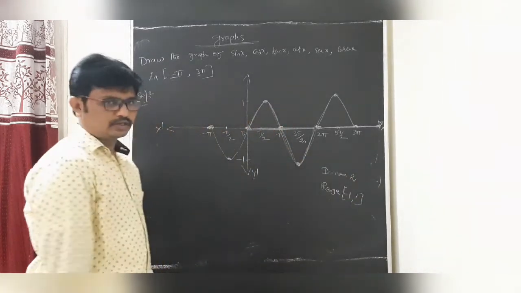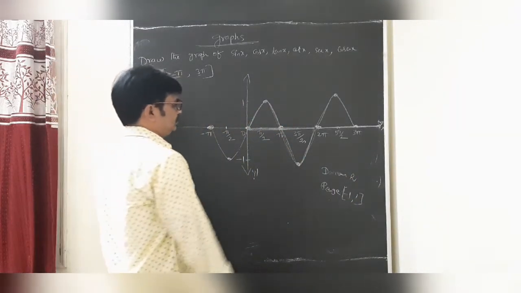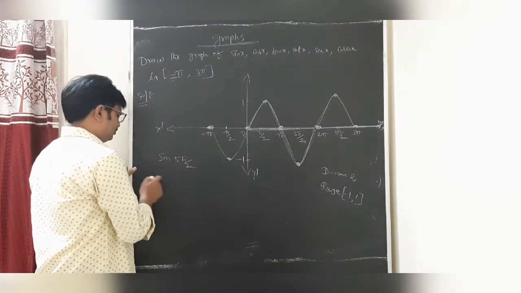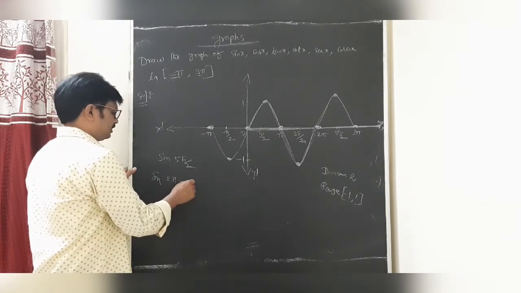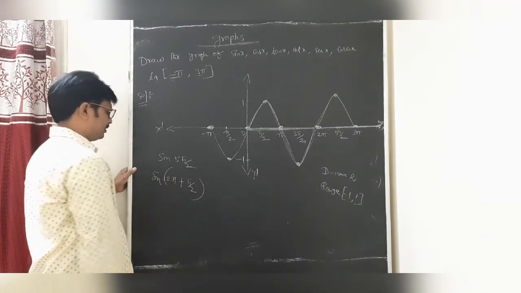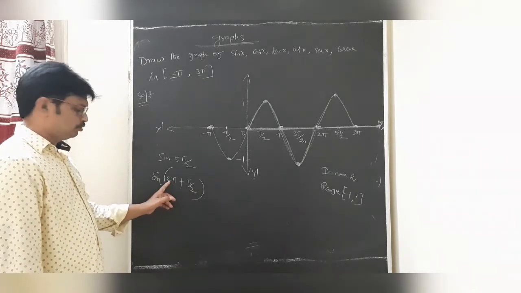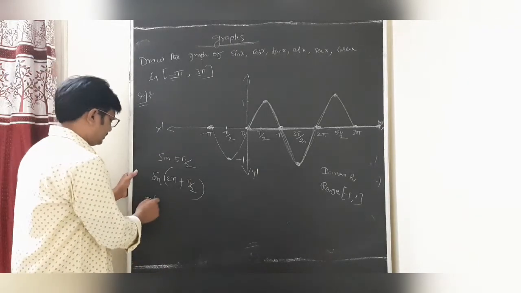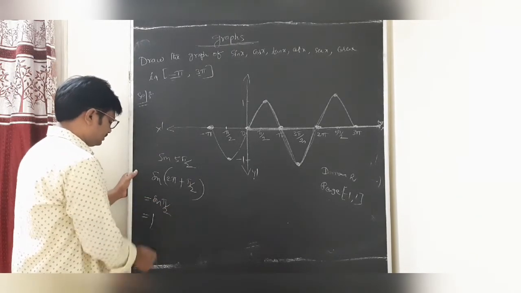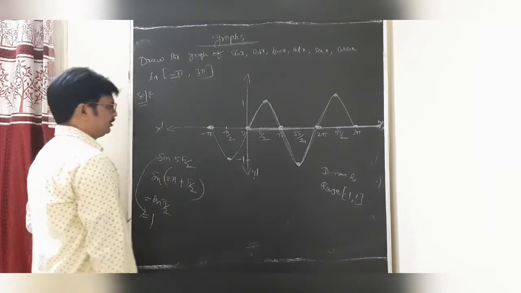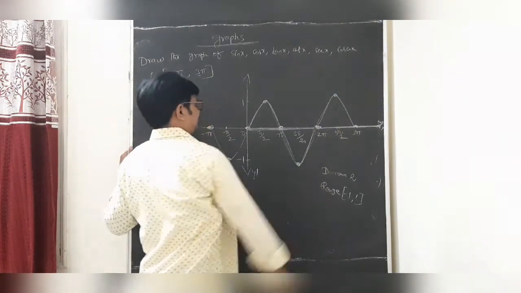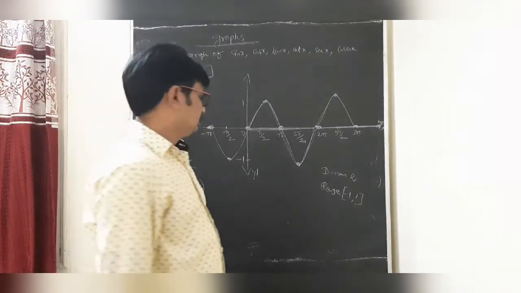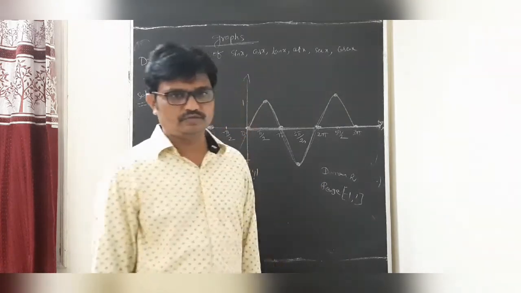This is the graph. Suppose you don't know some value, suppose 5 pi by 2 is there. How to find sin 5 pi by 2? My dear students, you can write 2 pi plus pi by 2, that is 4 pi plus 5 pi over 2. This is the first quadrant, undoubtedly sin pi by 2. What is the value? 1. So sin of 5 pi by 2 is 1. Okay, students, this is the graph of y equals sin x. Domain is R and the range is minus 1 to 1.